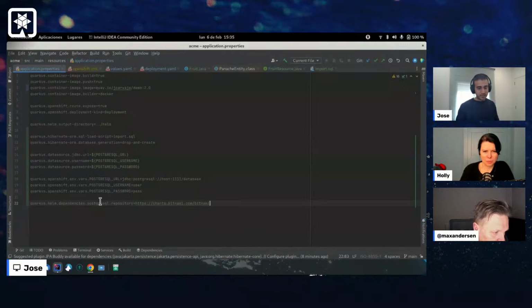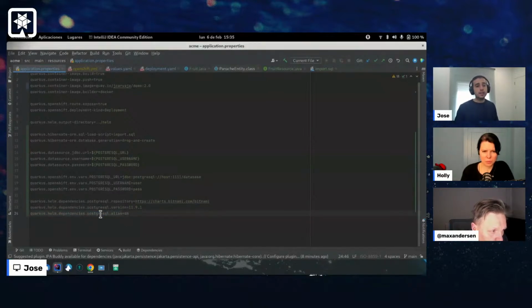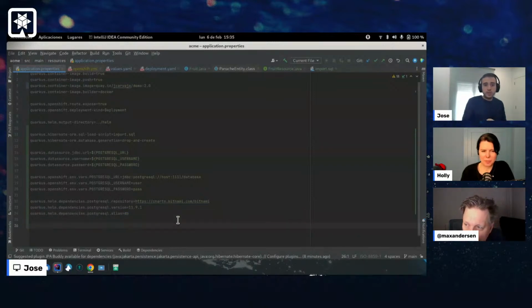So in this repository, you can see a chart called PostgreSQL. I'm going to use this version. And also, I want to provide an alias, so I can configure this dependency using this alias. Now, we need to provide the values, the database name, the username, the password. And what I'm going to do now is coming from the Bitnami Postgres documentation. It's not up to the Quarkus Helm extension, but